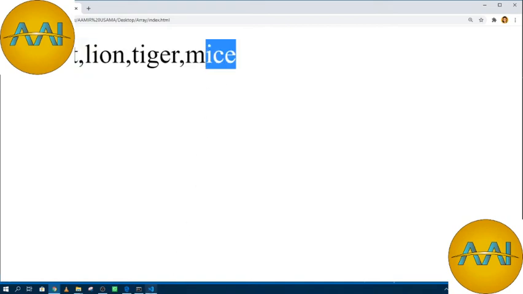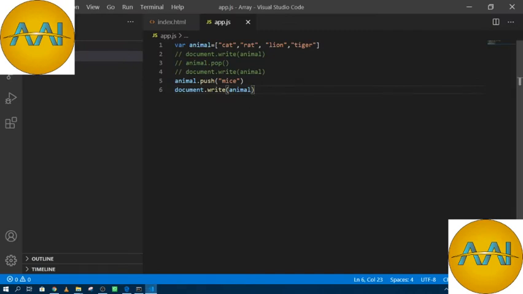So you learned two functions of an array, one is pop and the other is push. What does the pop function do in JS? Pop deletes the last element from your array. And what is the function of push? Push adds an element to your array at the end.